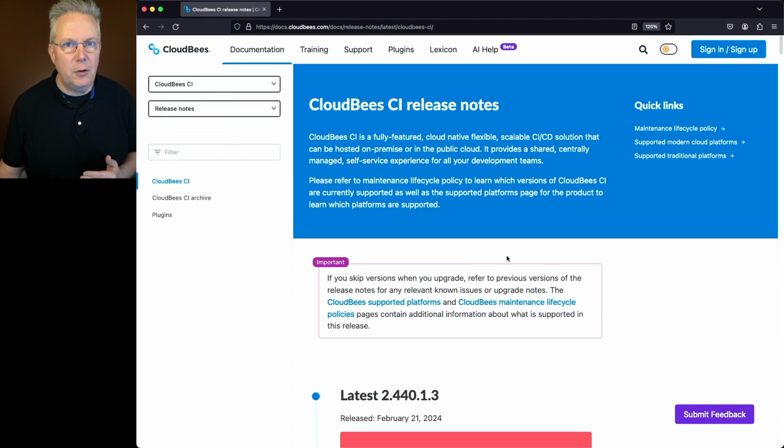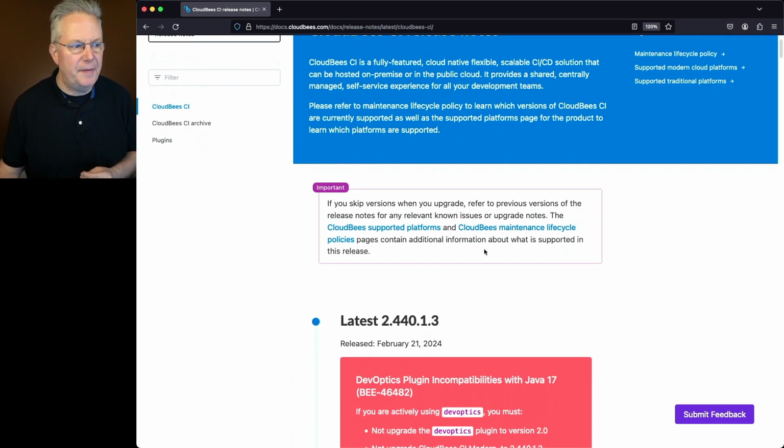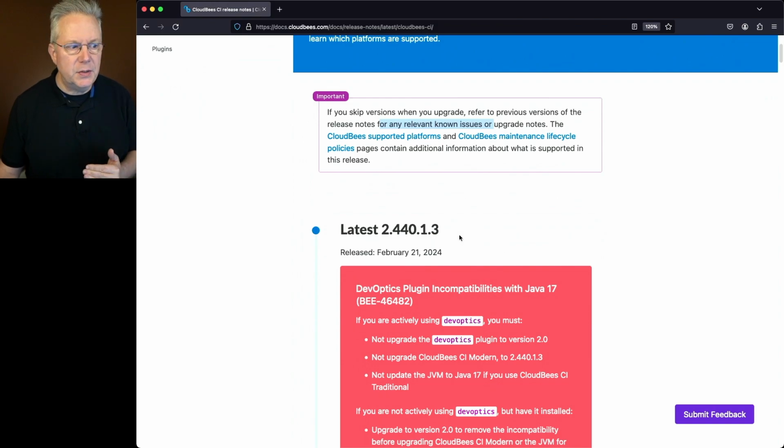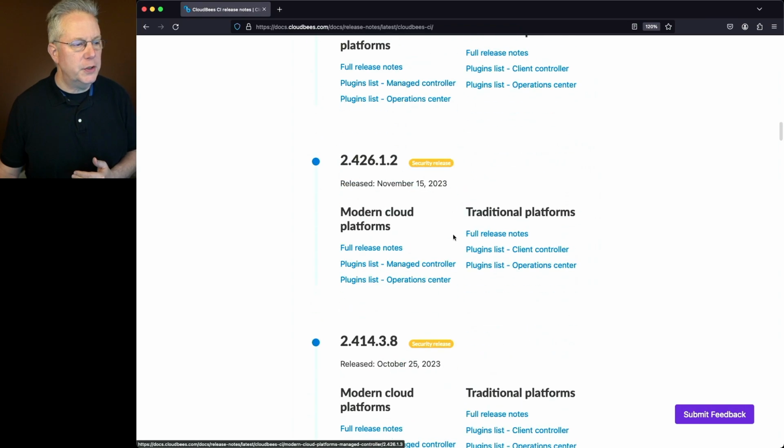Now let's first take a look at this important block at the top of the page. If you skip versions when you upgrade, refer to previous versions of the release notes for any relevant known issues or upgrade notes. What does that mean? Well, again, the current release is 2.440.1.3. If we were upgrading from a version, let's say it's